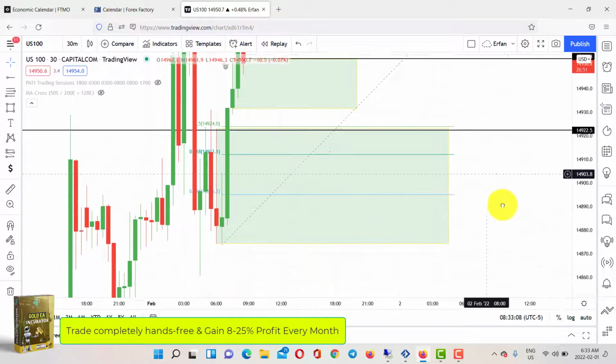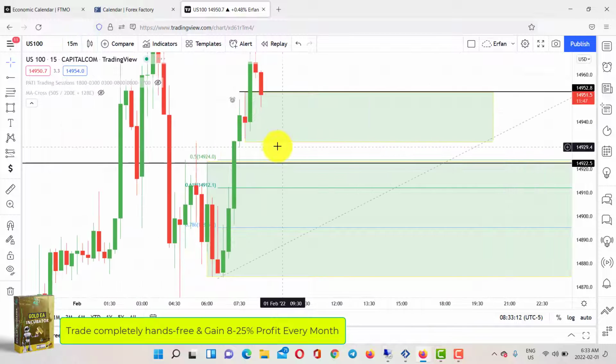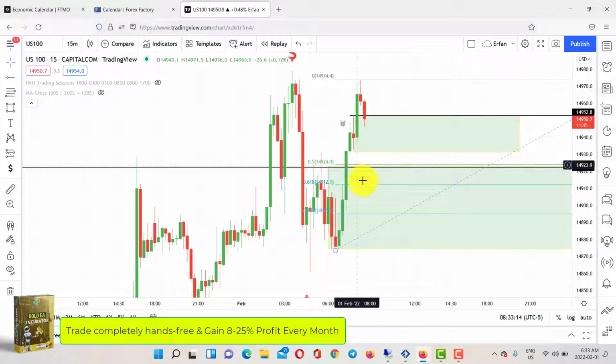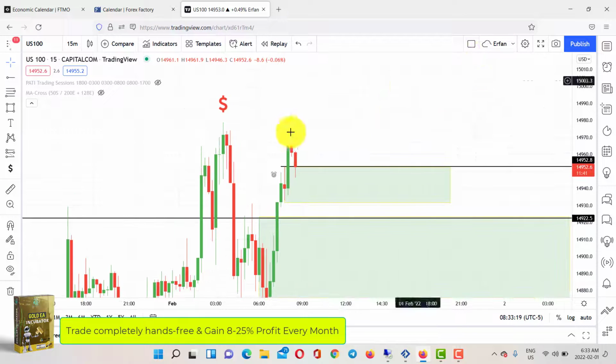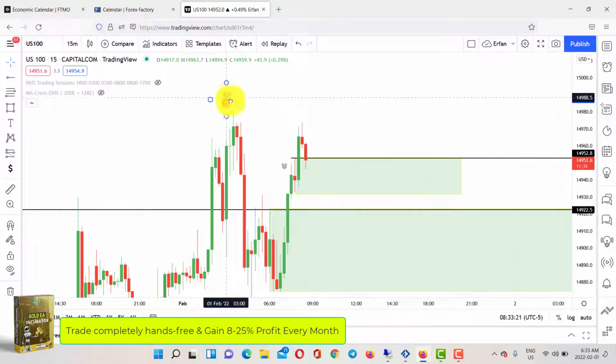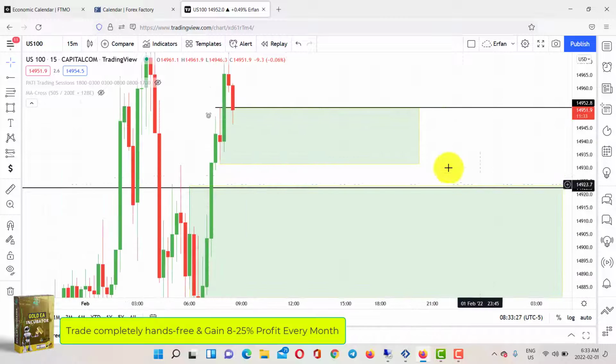If you use the Fibonacci, you see that the golden zone is here, so I'm not going to count on this sort of block here. I'm going to be more patient and wait for this alarm because of the Fibonacci level. And it still hasn't tapped into this zone, guys. That's interesting. So it depends how long it takes until the correction is over, and then we take our